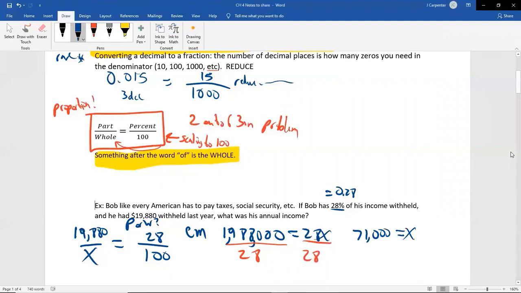Now remember, whenever you get an answer, that doesn't mean it's the answer. What is its income? If you say 71,000 this way, nope, that is wrong. Technically speaking, we're QR students. We know units are critical. Is it 71,000 apples? Is it 71,000 yen? Is it 71,000 bobs? No, it's $71,000. That was his income. I don't want to write X there. I want to say income. And it makes sense